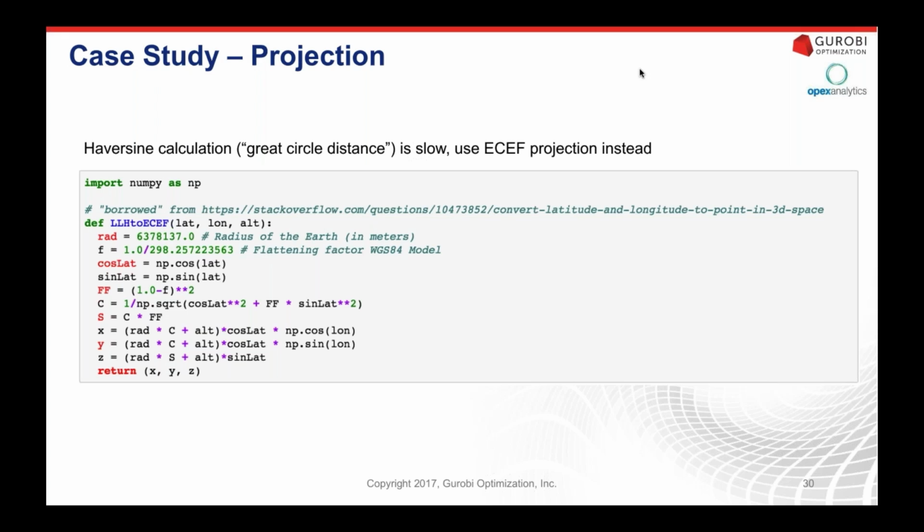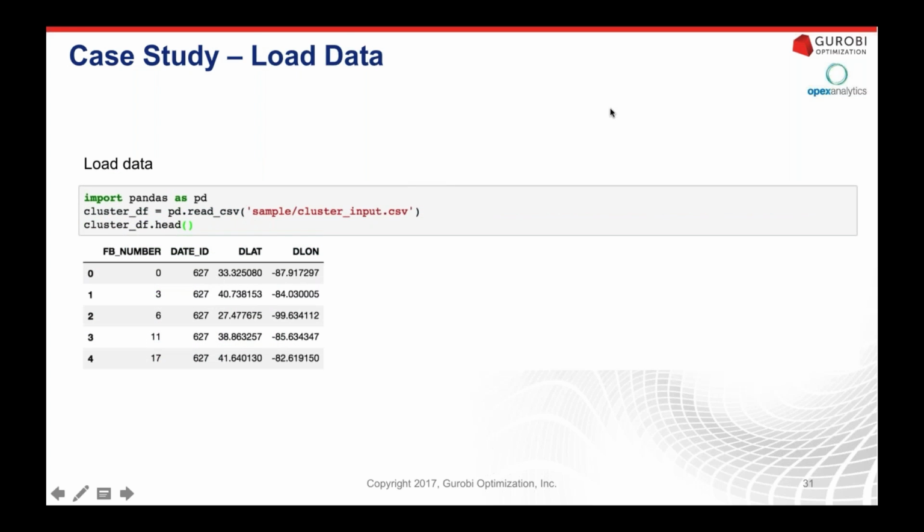Another point to keep in mind is that we're not using road distances to begin with, so we're already using a proxy, and this is just another proxy for that proxy. So we'll start off by loading our data. We're going to be using the pandas library throughout this demo. This is a stripped down data set that we're showing just for the purpose of clustering. It's going to have just 4 columns.